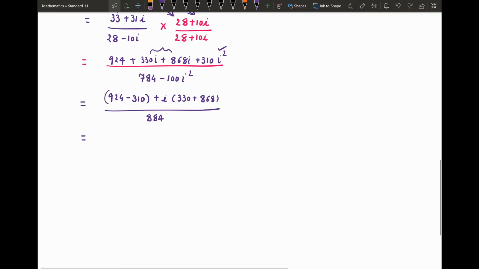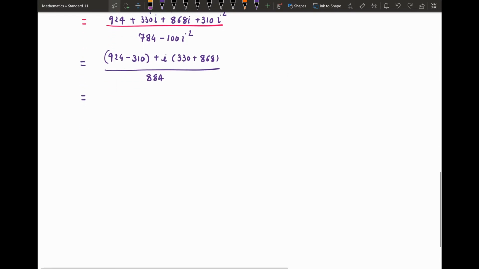In the numerator, further simplification is 924 minus 310, that is 614, plus 1198, the addition of these two. I divide each term by 884,